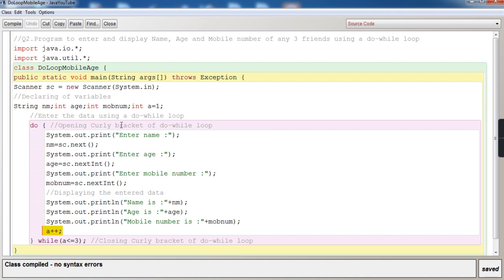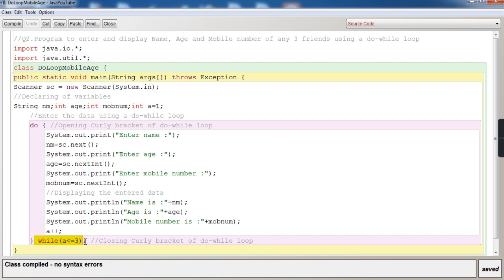So like in for loop, you have got initialization, test expression and the update. Here also for the do while loop, you have got initialization, you have got test expression, you have got update. So in for loop, all those 3 controls are in one place, but in do while loop they are scattered. They are scattered here and there. They are not in one place. Okay. Now a has become 4, so it is going to check in the while condition.